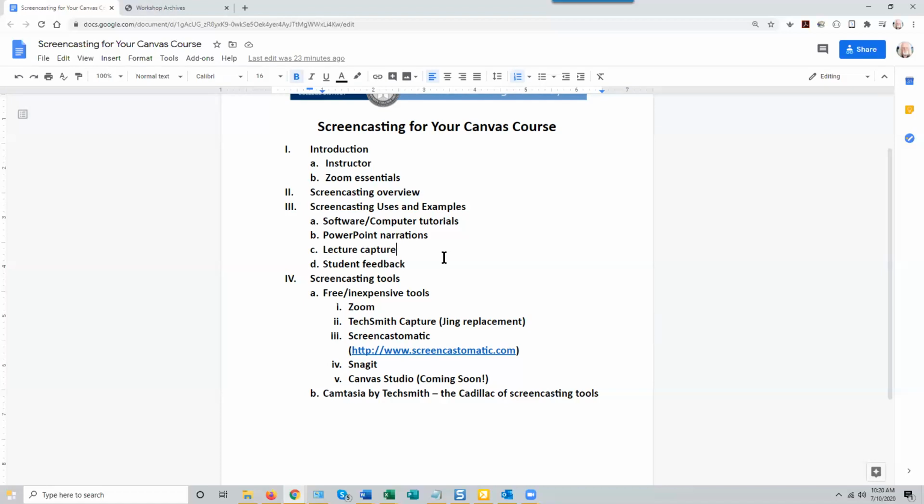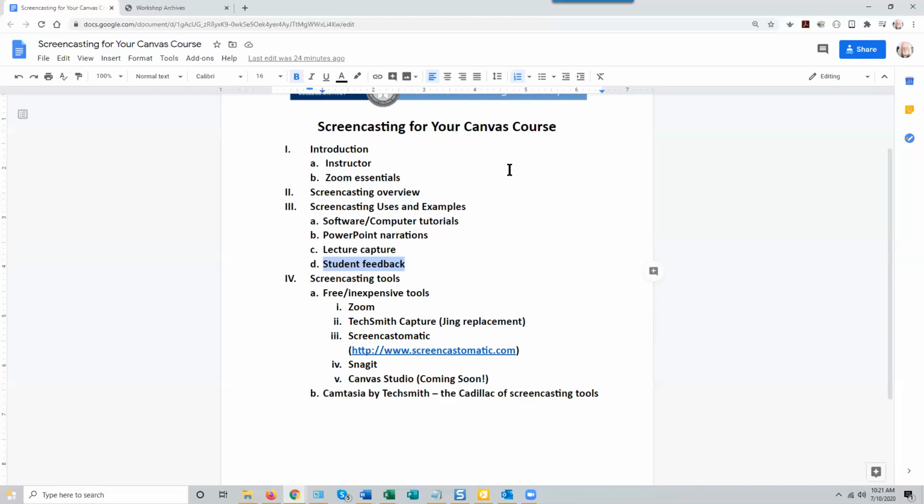Another screencasting application I'm going to show you today is to use it for student feedback. Particularly if students submit homework to you in electronic form, which most of you are going to in the fall semester coming up, they're going to have to do almost all of their homework submissions that way. And you can bring those submissions up on your screen and talk about them and mark them up and